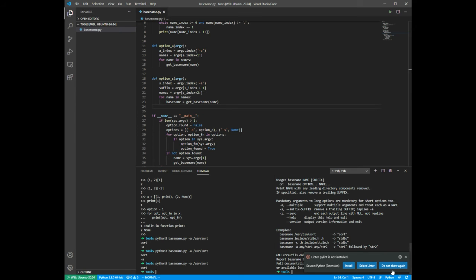And now our names is s index +2, s underscore index plus 2, because this is the index of hyphen s, so plus 1 is that, and everything after that is the list of names. And then we'll later go into error handling, where what if there's no suffix, what if there's no list of names,